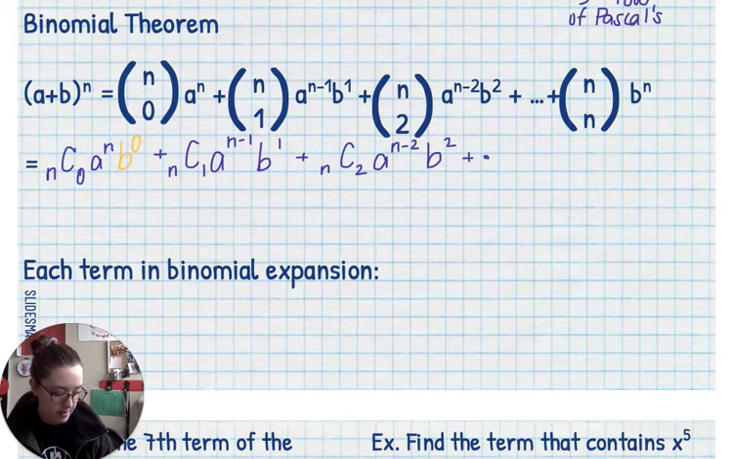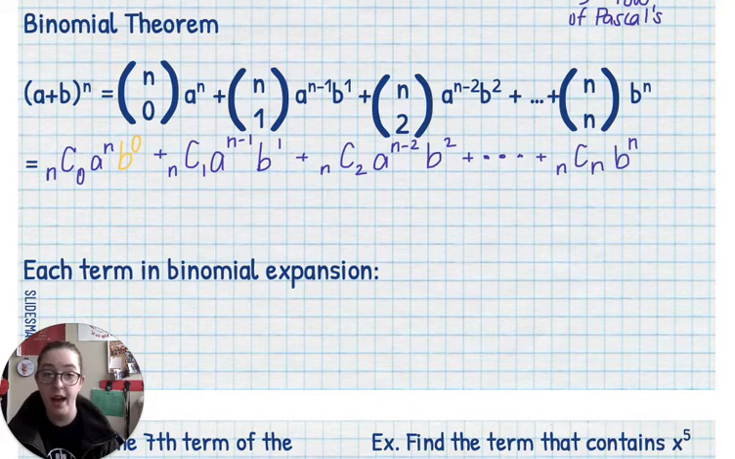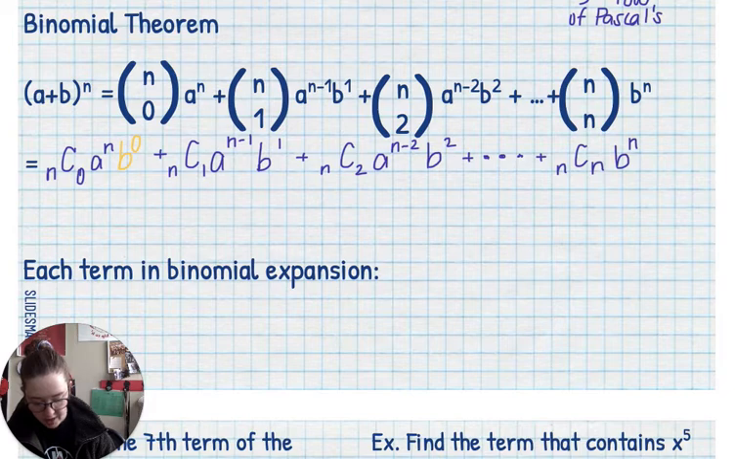plus blah, blah, blah, until we get to n choose n, b to the n power, because we don't have our a term there because it's to the 0 power. Now the reason I wanted to write it out like that was there's something I wanted to emphasize to you. Notice that whatever the power on b,